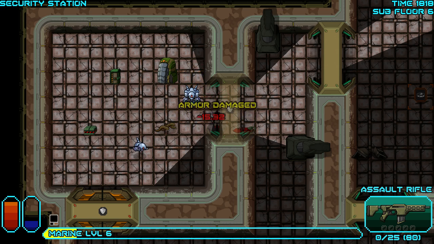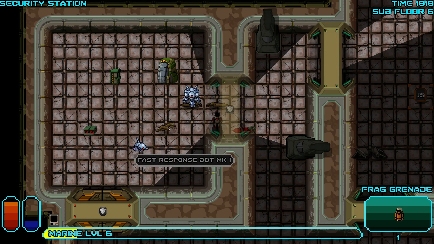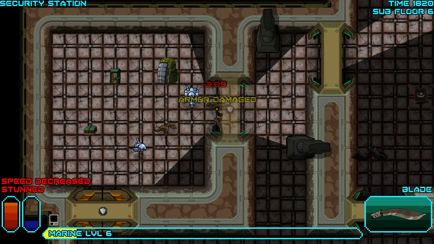That was a good hit. There's also a new enemy here. This would be the Fast Response Bot Mark 1 in the lower left enemy there. I've run into a few of them on other playthroughs. They are fairly dangerous. I don't think they're any more than the rolling ones. But as you can maybe tell, things are starting to get a little hairy around this floor. I'm still not taking, well, geez, 14 damage, so he's pretty dangerous, but...